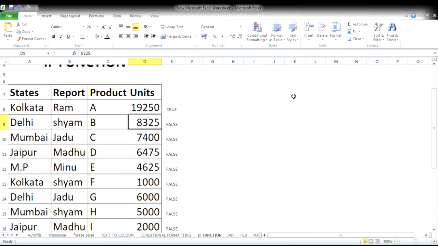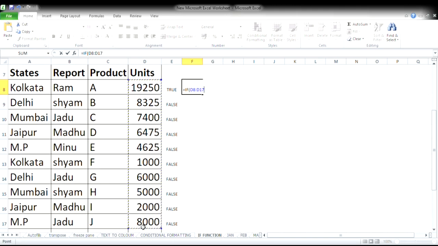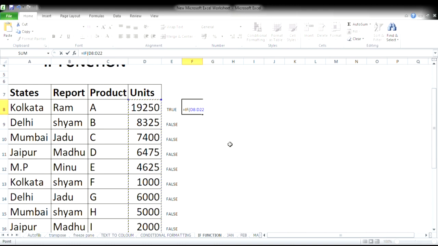Now how will we use the IF function? This is the data. We will put the IF function, and then we will select the data, and then we will find the amount which is greater than 15,000, whether it is true or false.